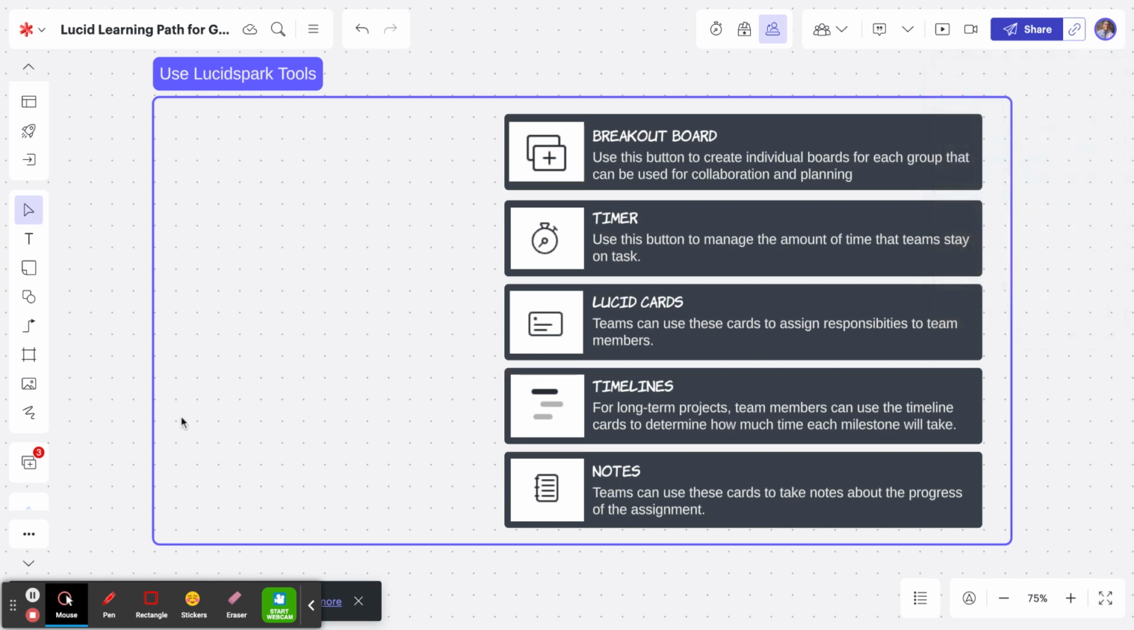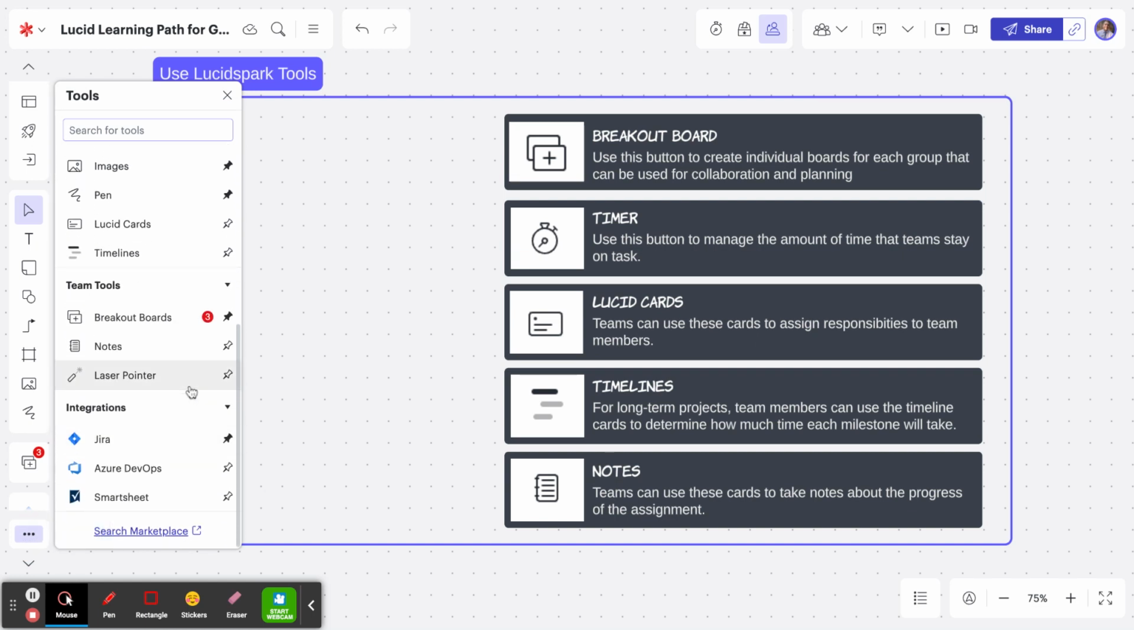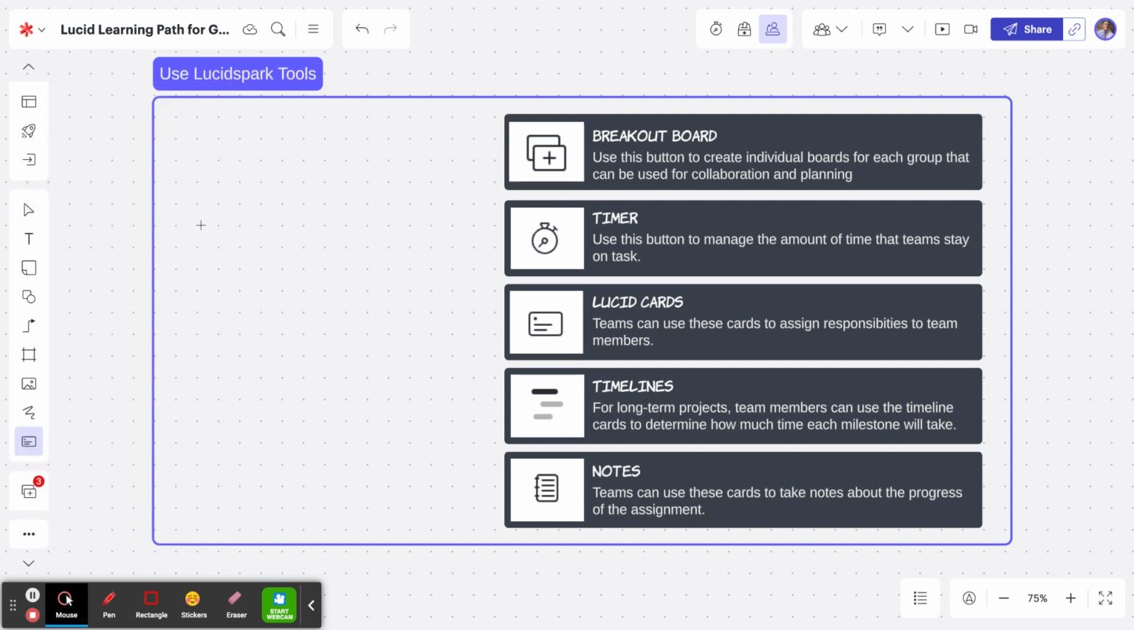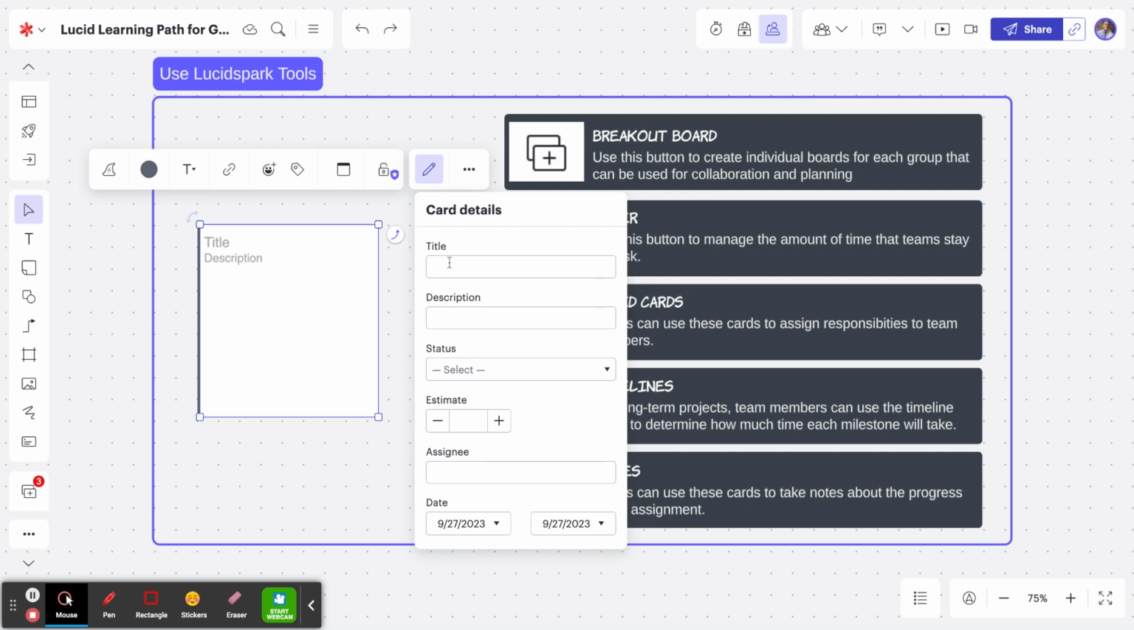Lucid cards are an excellent way for groups to give assignments and responsibilities to other members of their team. To open it up, once again, I'll click on this More Tools icon, and I can see that Lucid Cards is not currently pinned. I can pin it by clicking here, and I can click here and drag to add a Lucid card. If I edit it, I have the ability to add a title,